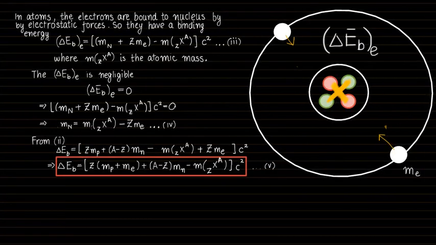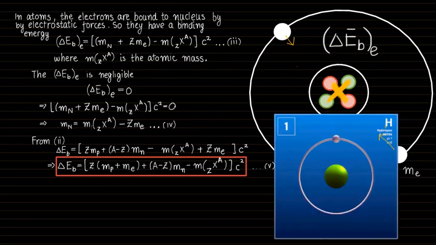Okay, and sometimes they also give the mass of the hydrogen atom. So you can write down like this. There's a special case also: consider your hydrogen atom. This is your hydrogen atom. Inside the hydrogen atom you have a proton and you have one electron. So what will be the total mass of this hydrogen atom? The total mass will be the sum of the mass of the electron and the mass of the proton. So the mass of the hydrogen atom is the mass of the proton plus mass of the electron,